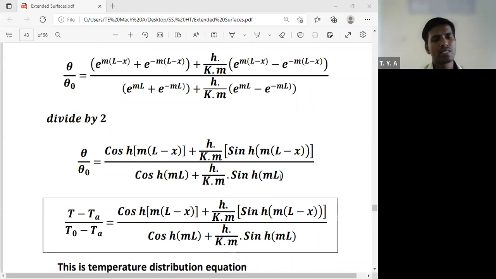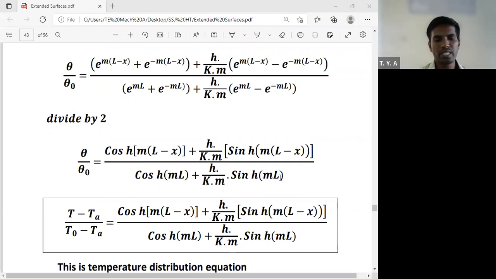Okay, so from this, instead of theta, we have to put the value of t minus ta. What is the value of theta 0? T0 minus ta. So we get this equation, and this is nothing but temperature distribution equation when the heat transfer at the end of the tip, when the heat transfer is due to the convection. Okay, ज्यावेळेला एंडला कन्व्हेक्शन मुळे हीट ट्रान्सफर होणार आहे त्यावेळेला जर टेम्परेचर डिस्ट्रीब्यूशन फाइंड आउट करायचं असेल at that time